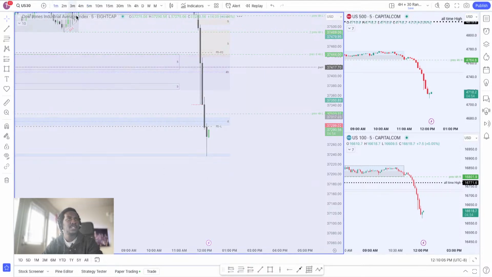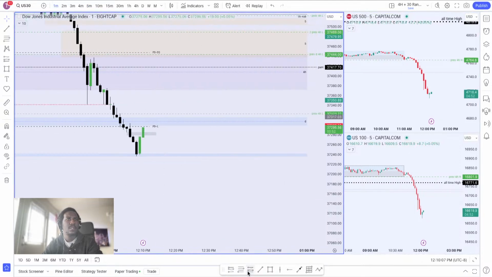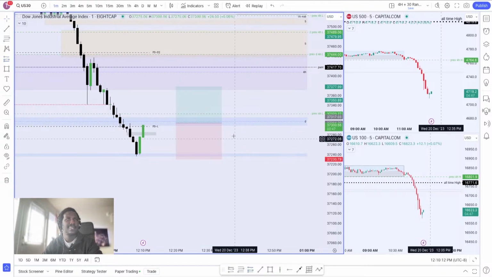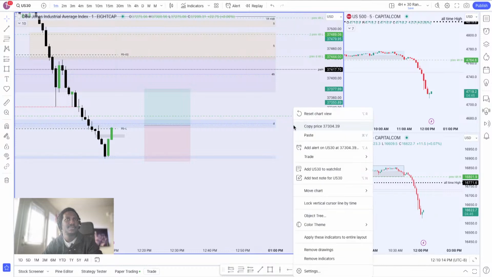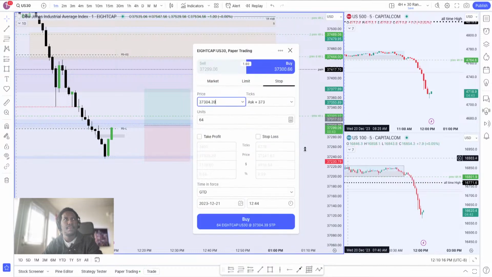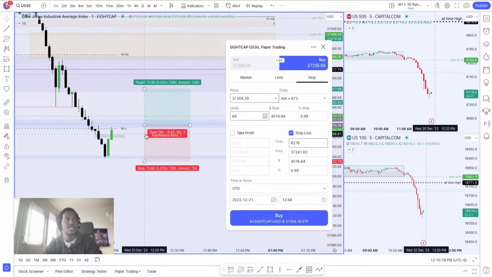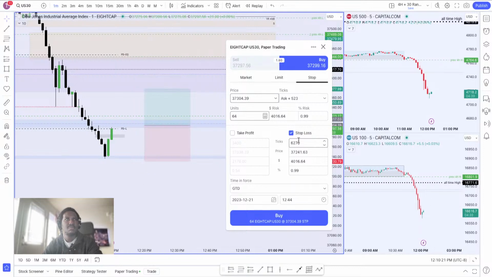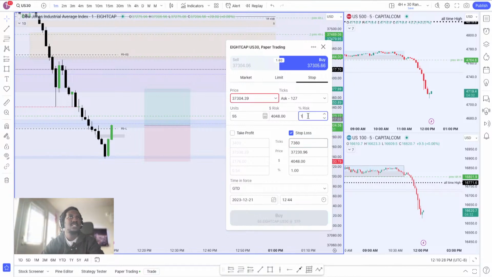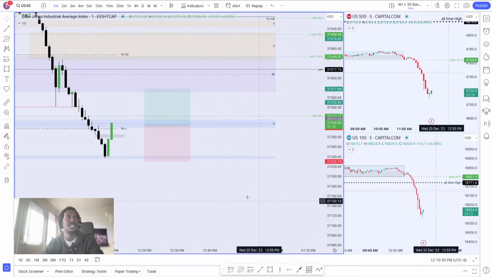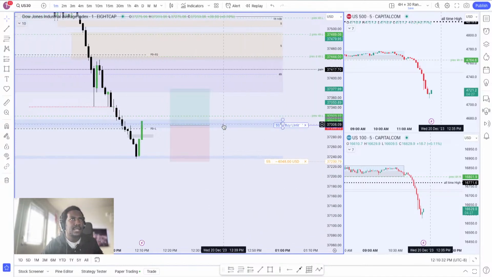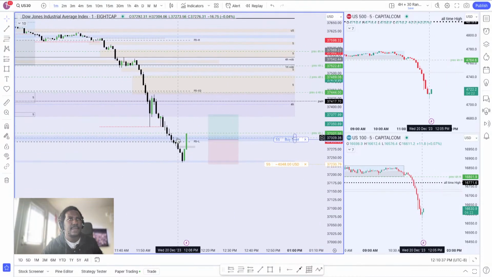Let's go back to the 1 minute. Oh wow, that was fast. I should have left that thing open. I think it's kind of late because that's supposed to be my entry. Buy, risking 1%. The stop loss is 73.60. Man, that is a big one. 73.60, risking 1%, and I think I want to do a buy limit. So if it comes back to this level, then I'll take that buy. Otherwise, I'm supposed to be in with a buy stop right there.